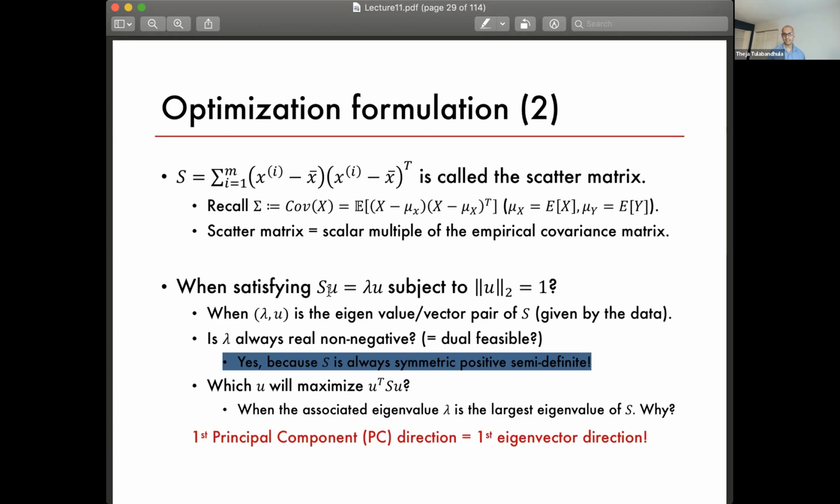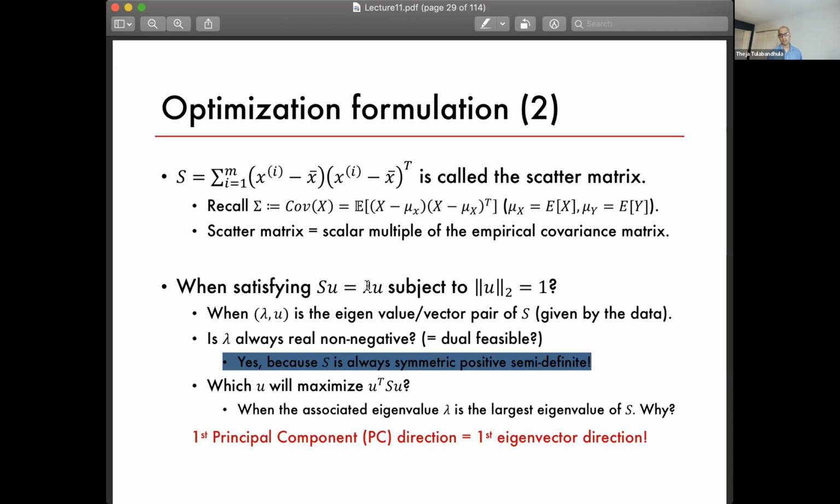Why is that? Okay, so let's think for a second. So why would finding U which maximizes U transpose SU correspond to that U which corresponds to the largest eigenvalue? Why is that? It's easy to see that because remember, if you're going to maximize U transpose SU, remember SU